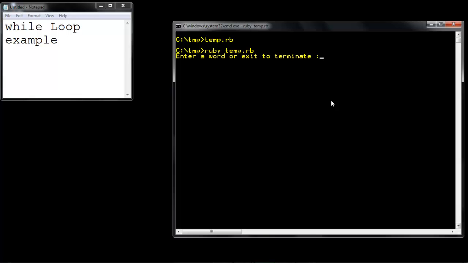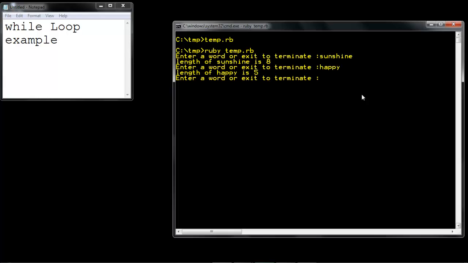So it asks me to enter. Remember, I use print, not puts, so the cursor appears there. So I can do something like sunshine. Length of sunshine is 8. I'm relooping. Okay, enter a word, happy. Okay, it says there are 5 characters in happy. If I type exit,